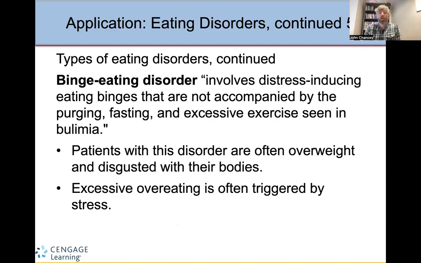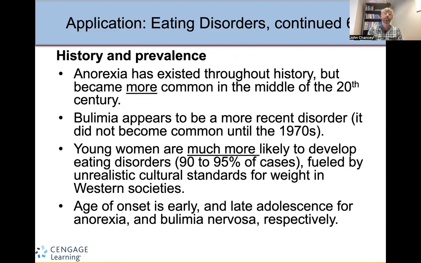Binge eating disorder is where individuals will eat compulsively, eat a lot of food, very similar to how somebody with bulimia would. However, they don't purge. They're not purging the weight away. They just have a really intense anxiety that goes with their eating habits. So these individuals might be overweight and also have body image issues where they're very upset about their body. A lot of times this is just how they deal with stress. It's overeating in relation to stress. When stress goes up, so does caloric intake.